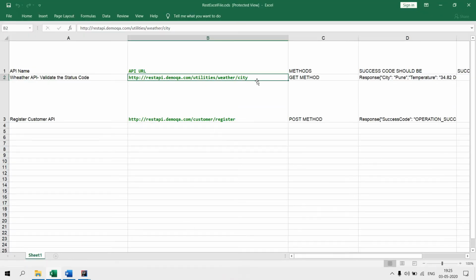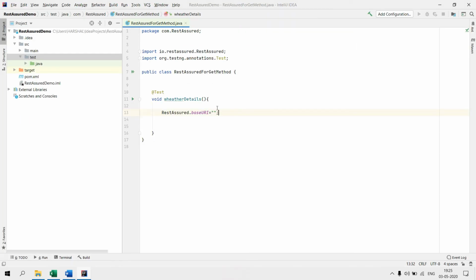We need to add our base URI, so I will be just adding a base URI, and thereafter we will add some comments to the code, right? Firstly, the adding of the base URI has been done, and then we are going to send a get request, right? So I will add some comments.